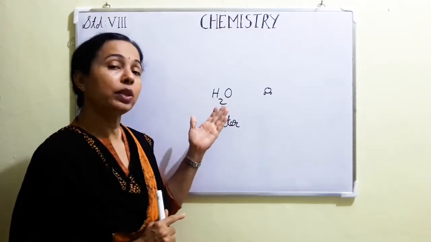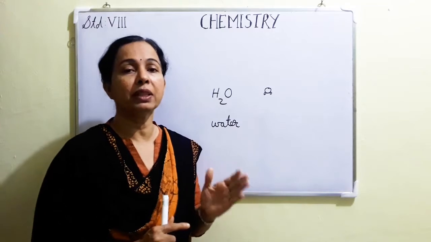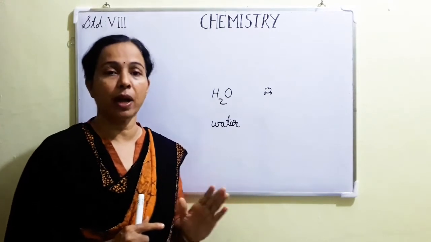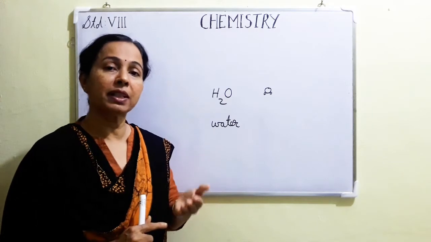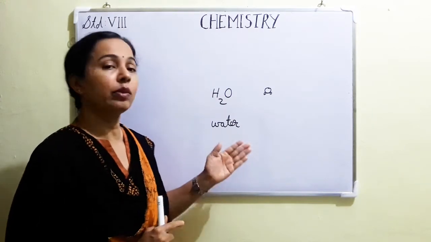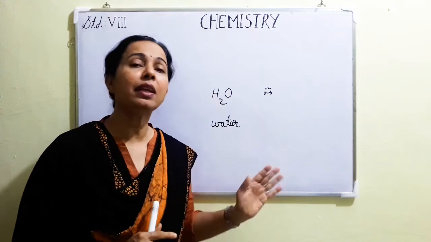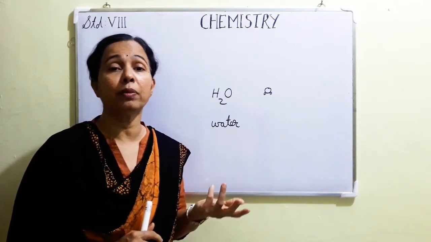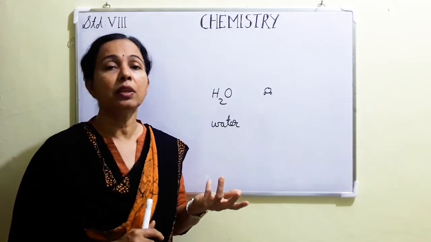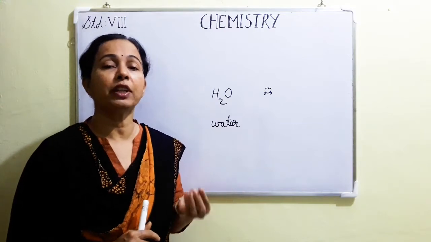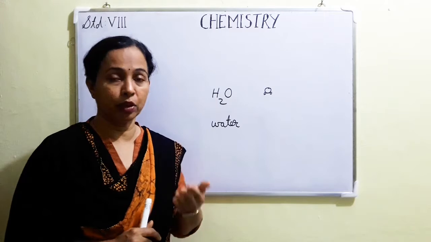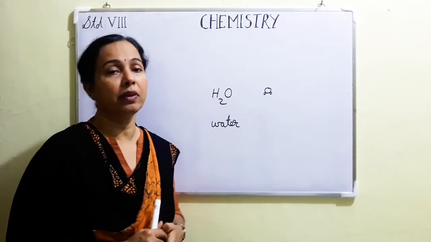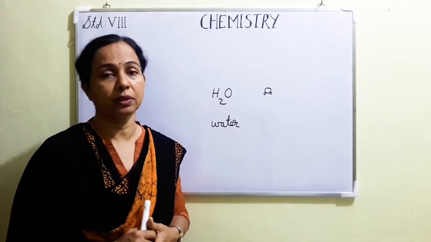So I told you the atomic masses of all the known elements are already found out, determined. So using that table where these atomic masses are mentioned, we can very easily calculate the molecular weight of any compound. There are many compounds. So no need of by-hearting the molecular weight of every compound. Instead of that, if we have the table of atomic masses, very easily we will calculate the molecular mass.